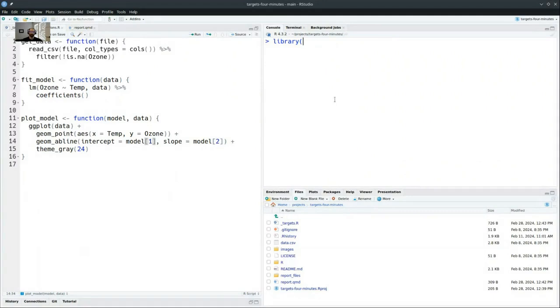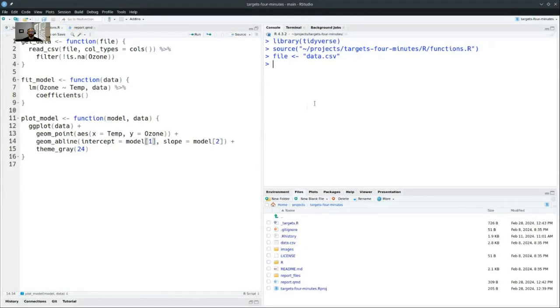Okay, that makes sense. So I'll let you go ahead and continue with your demo. Sure. Just to demonstrate what I'm doing with these functions, I'm going to source them into the session real quick. And we're going to start with the data file. This is just the air quality data set in base R. And if I were to think about just developing and testing these functions, I might define some example data.